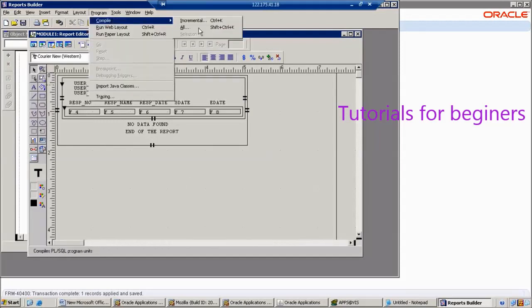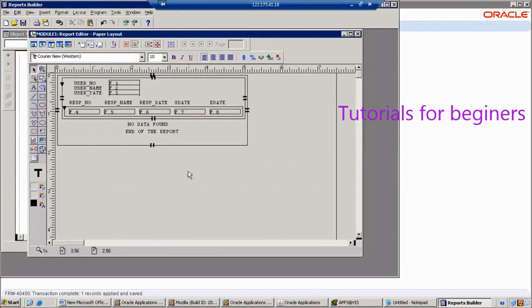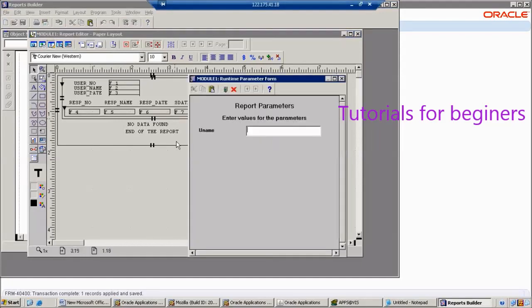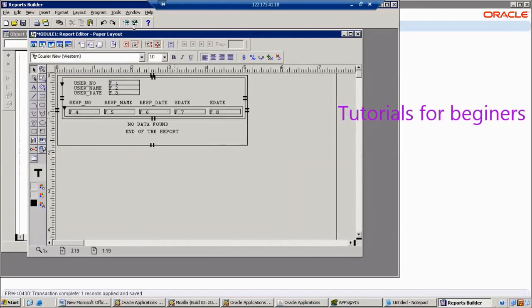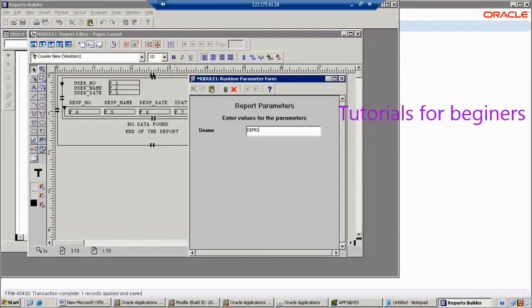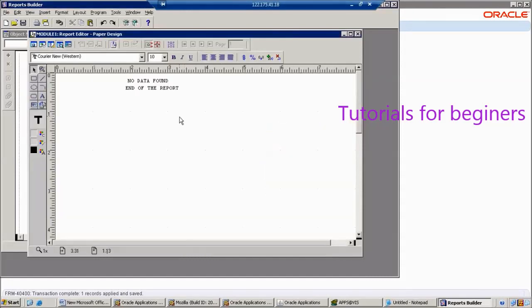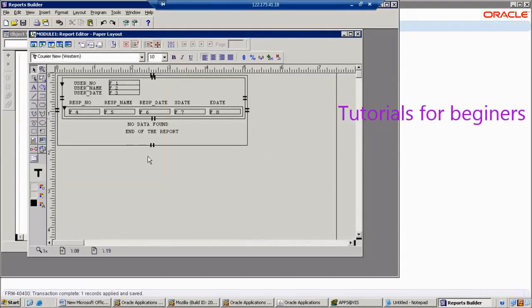Now we can run it. If you run with demo 90, it is showing the end of the report. If you run demo 919, we are getting no data found and the end of the report. Clear? So this is the way we develop a simple report.